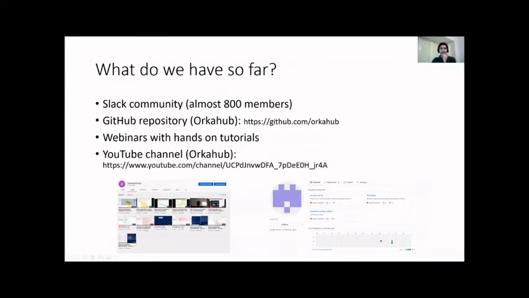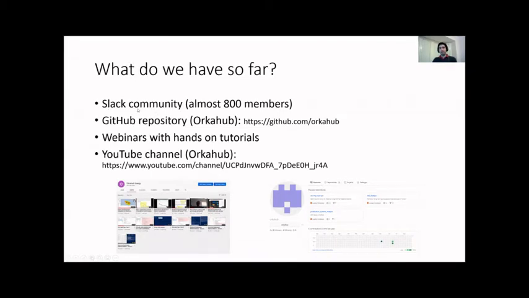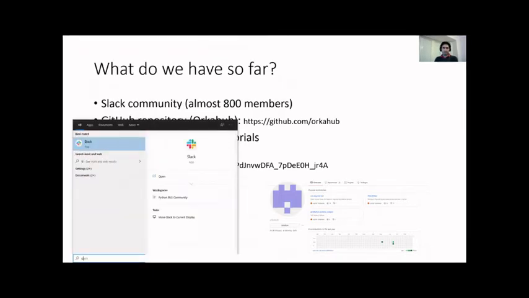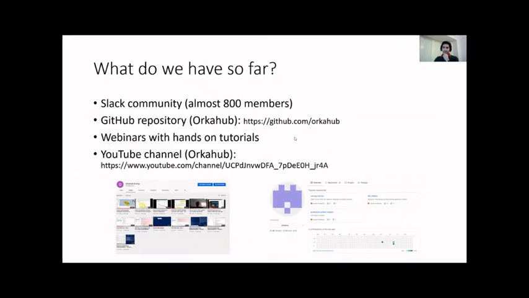I founded a Slack community where we have petroleum engineers and geoscientists interested to learn about Python. We have more than 800 members already. So if you are interested to join, I can send you the details in Slack and send you an invite. And I hope that this year we could push for more members and more activity within the Slack community.